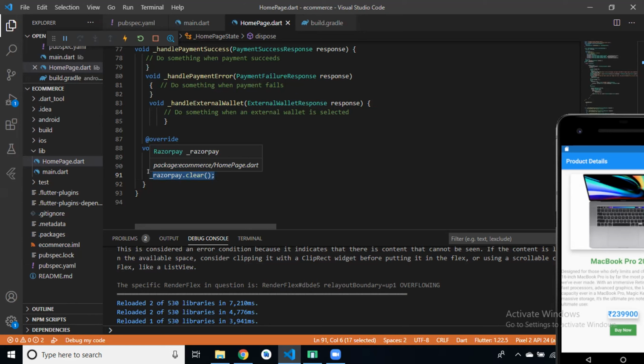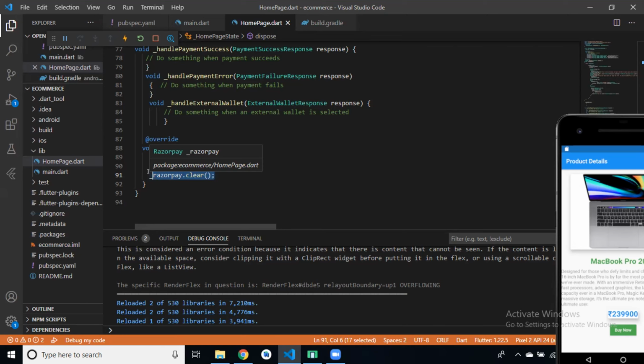In init state, basically, we subscribe to the widget, to the object, right? Like initialize the object, initialize the variable. That is called subscribing to the object. But in the dispose method, we unsubscribe from the object. Clear now?